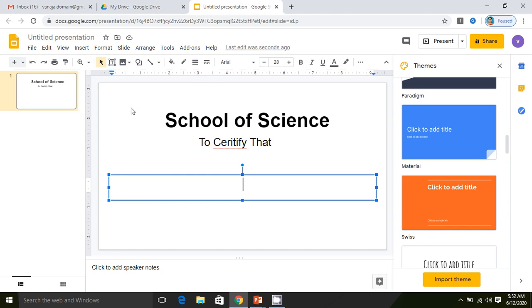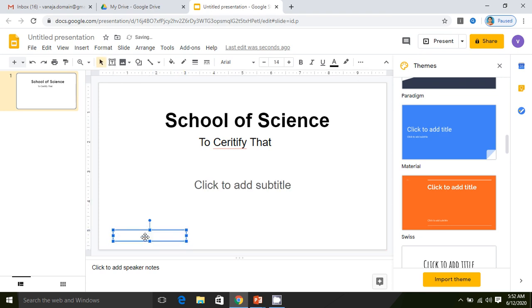If you want a logo over here, maybe an institute or organization logo, you can click here, get the image, resize the image and place it wherever you require. Even here, if higher authority signatures are required, you can place them using text boxes. For example, select the text box, place it here, move it a bit up and type it here. I typed higher authority, so it's available. Maybe higher authority 1, 2, 3. You can have it and get an image and place it here as a signature. So this is how the certificate can be generated.